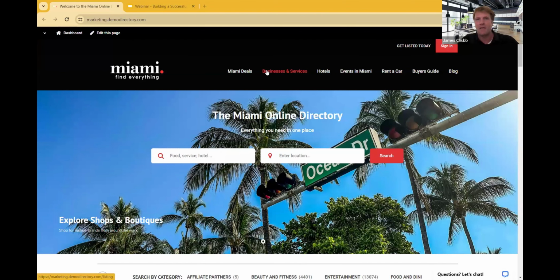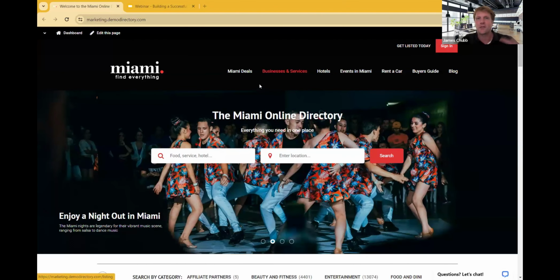What you want to do when you're creating your listing template is create the template so that it works really well, not for just a general business, but for the type of business or the type of listing for that niche that you're covering. If it's a sushi restaurant, maybe you have fields for types of fish served instead of just general restaurant fields. And so Emerson's going to show you that. Okay, Emerson.